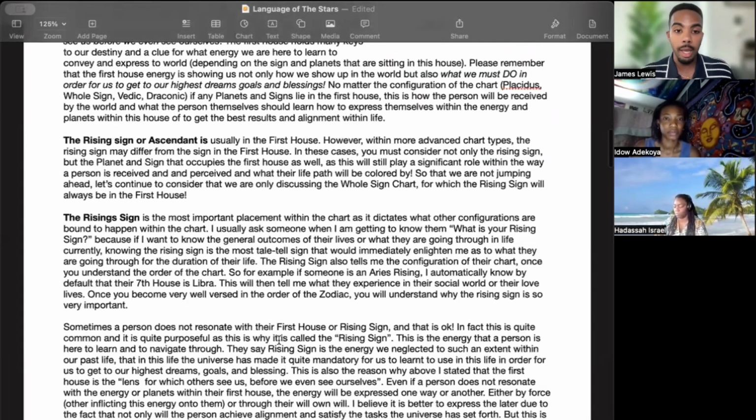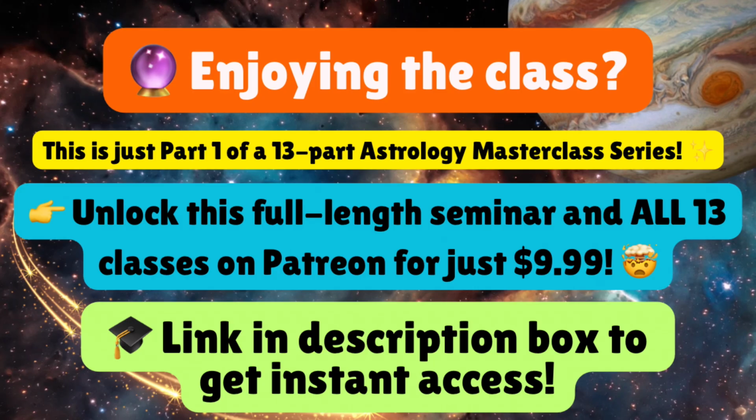Now, the rising sign. Okay, the rising sign for me is the most important placement within the chart, as it dictates what other configurations are bound to happen in the chart. I usually ask someone when I'm getting to know them, what is your rising sign? Before I ask them anything else, I'm asking them what the rising sign is. Because as an astrologer, I don't care about your sun sign. I care about the rising sign because for me, I'm a little nosy and I want to know what is